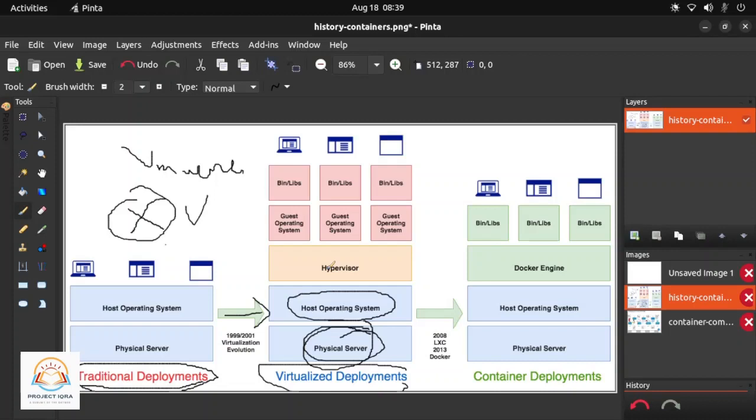For another application, you need to spin up another operating system, right? But you can run different and multiple applications on the same physical server. So this was a feature in the early 2000s. Guest operating system. But this was an isolated environment, and this was good. It was running as well, but